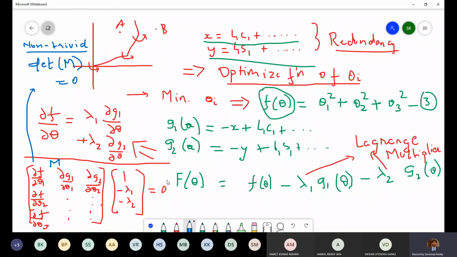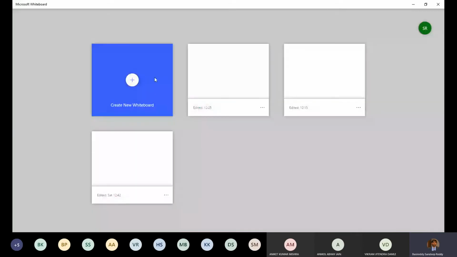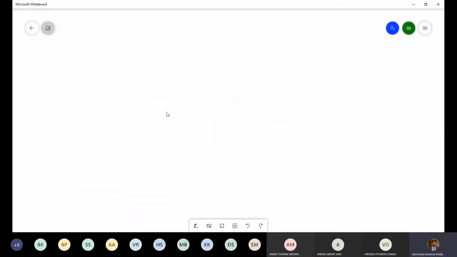So if you actually sit and calculate this for the 3R planar manipulator in this case, then you should get something like this, with L2 theta 3.